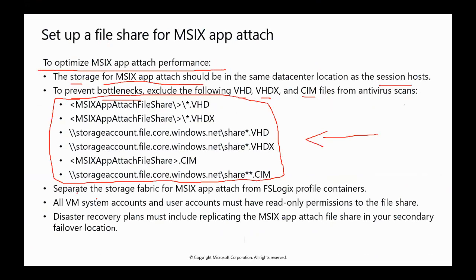Separate the storage fabric for MSIX application attach from the FSLogix profile containers. So put these in a container and put the FSLogix profile containers on another. Do not make them on the same storage. So if you have MSIX application containers and you have FSLogix profile containers, just store these containers on one storage and the MSIX app